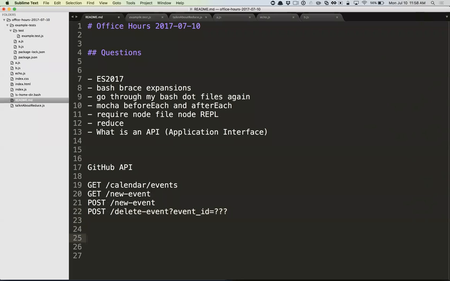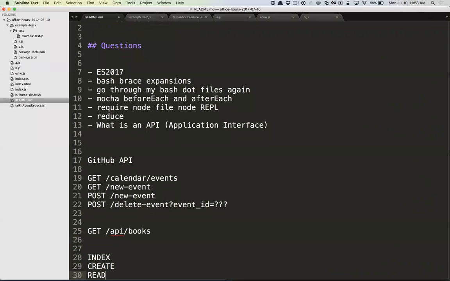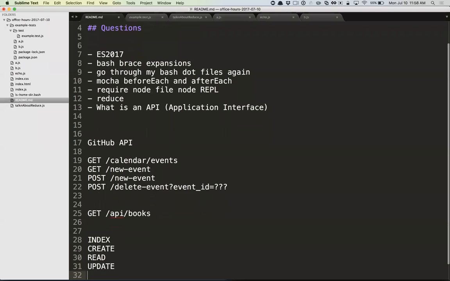So if I'm making a website for a library, I'm going to have a resource off my API called books, and this represents a resource. The resources have several main interactions that we need to be able to have full control or management over that resource, right? We need to be able to get, so books is a plural resource, right? So I need to be able to get all of them. That's the index route. I need to be able to create one. I need to be able to read one. I need to be able to update one and delete one,